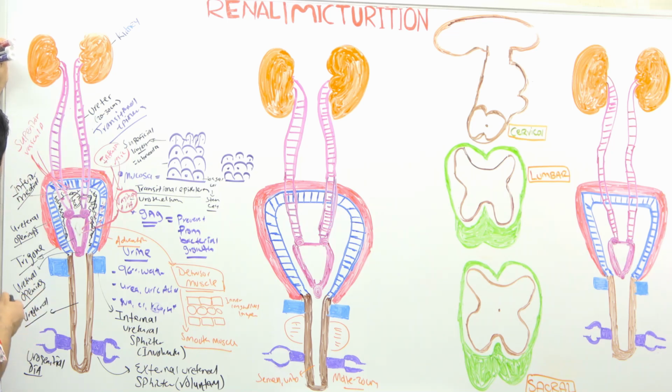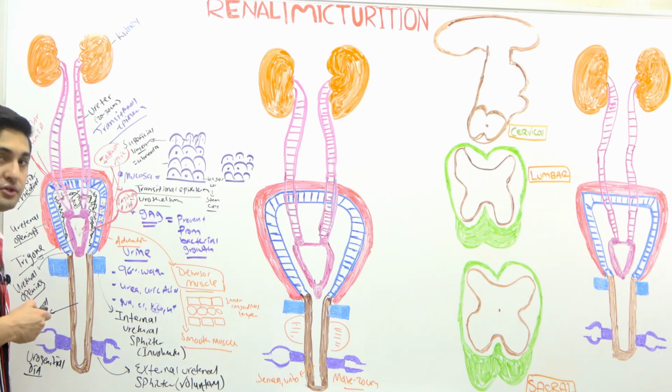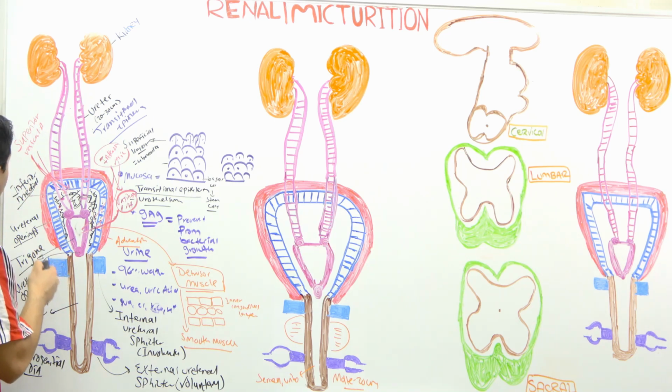And remember one more thing that I have to quickly talk about is the drainage system. These are going to drain into what? Internal iliac veins, right? That is the drainage system of this. And also, let's just quickly talk about this too. If there's a drainage system, there have to be lymph nodes as well. And it's really important that you understand the lymph nodes too,